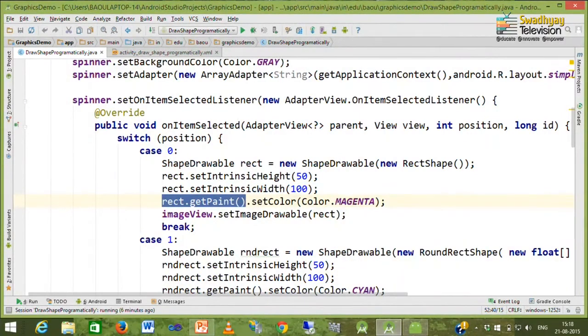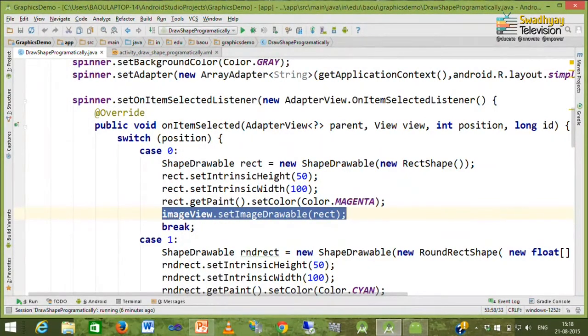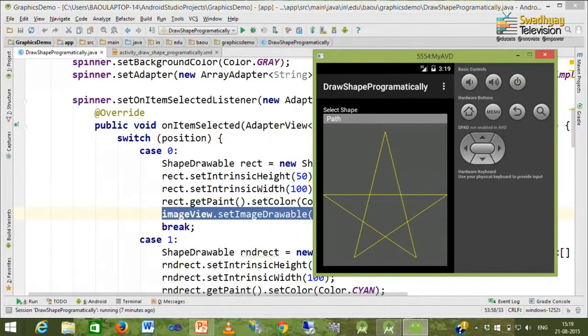Once this ShapeDrawable object is created, and we have specified its height, width and color, then you can fetch the rectangle object inside our image view. So here I call the image view's setImageDrawable method, and inside it I specify the argument of type rectangle. So this is how our rectangle is drawn when the rectangle option is selected from the spinner. Here I am selecting the rectangle option.